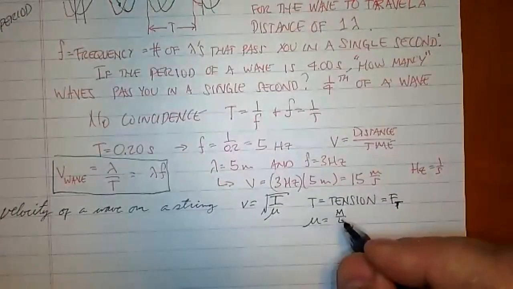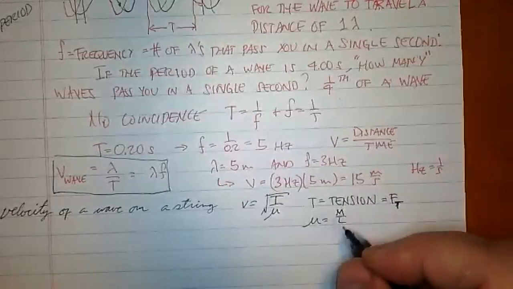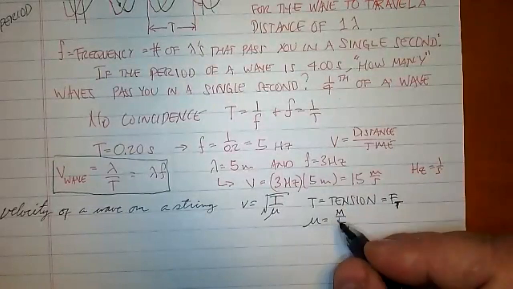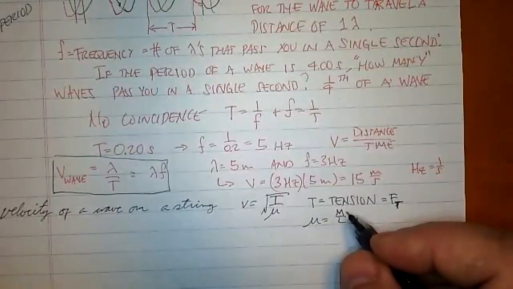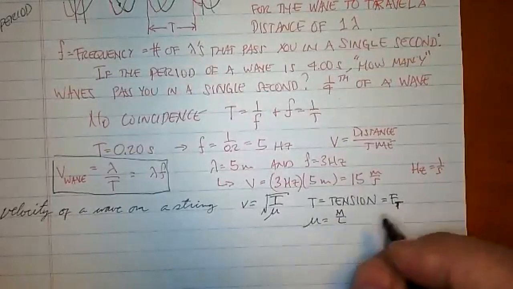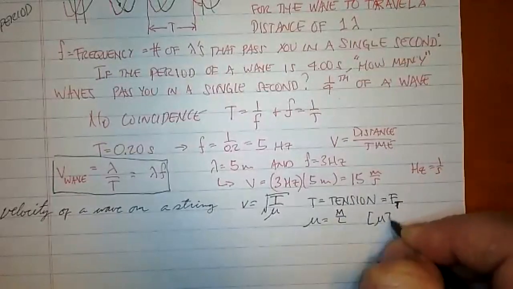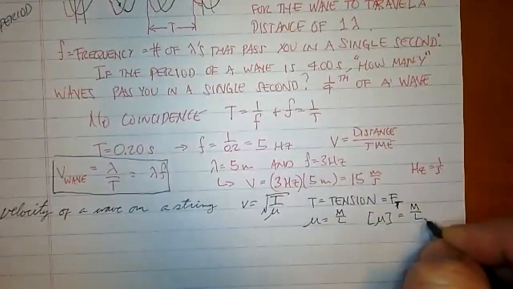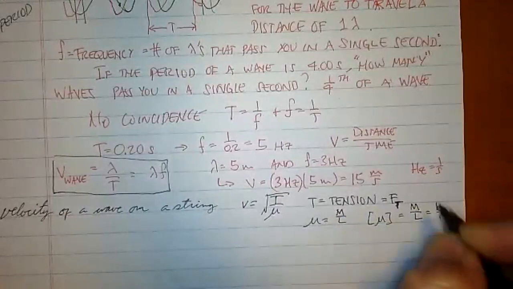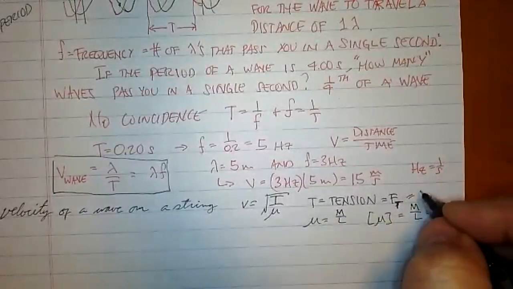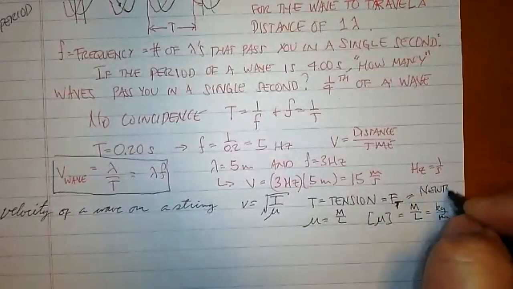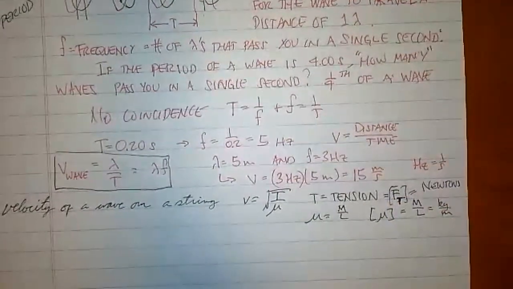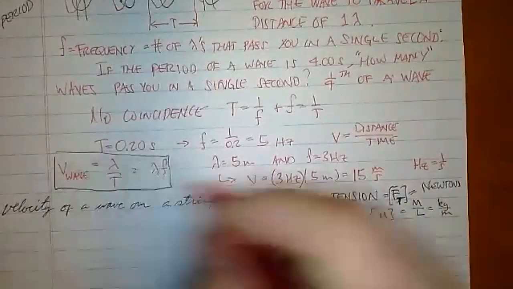So if you take 100 foot of rope, take the mass of it and divide that by 100, then you get, let's say, pounds per foot. We normally use, of course, kilograms per meter. So the unit for mu is mass per length, which is kilograms per meter. And the tension, of course, has units of newtons. Okay, so that's one of the equations we might want to make use of,